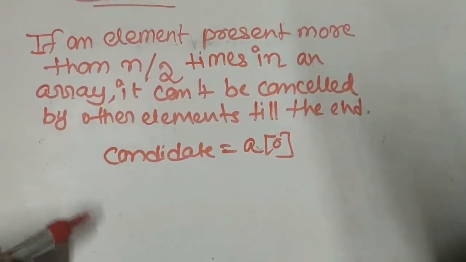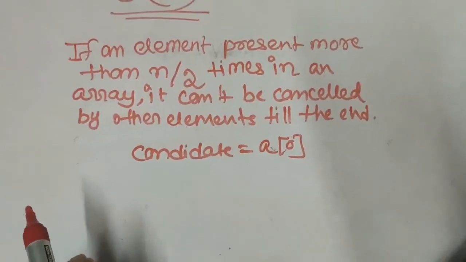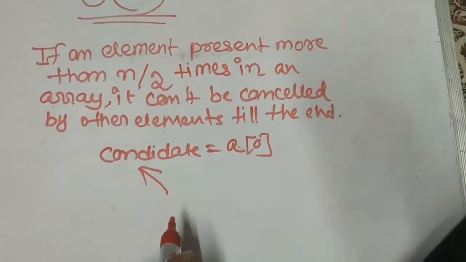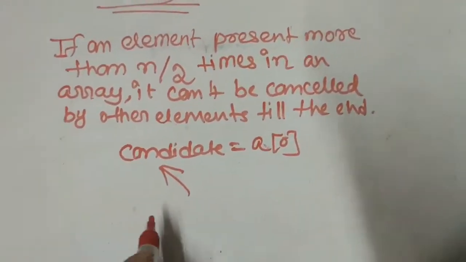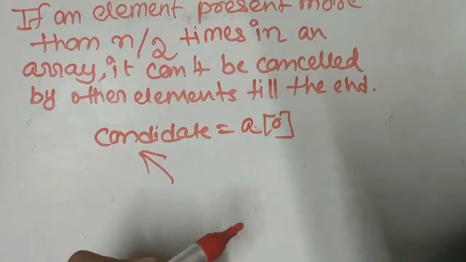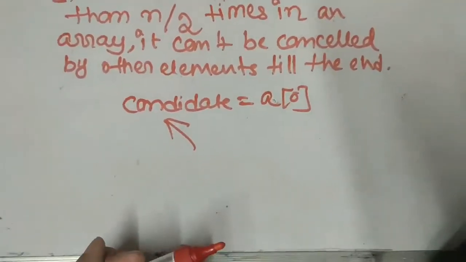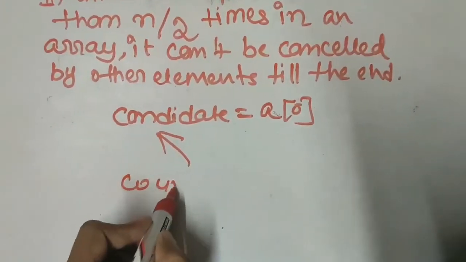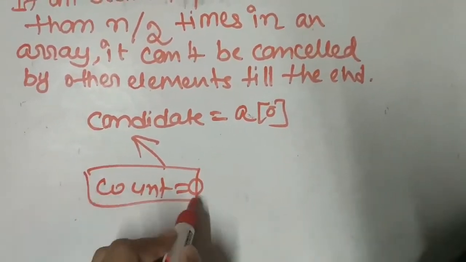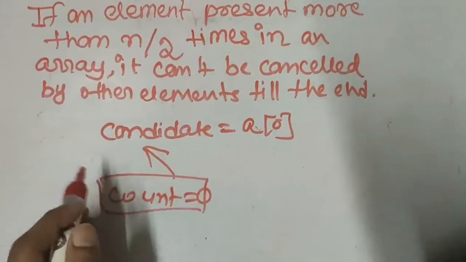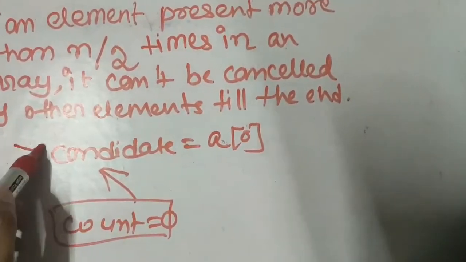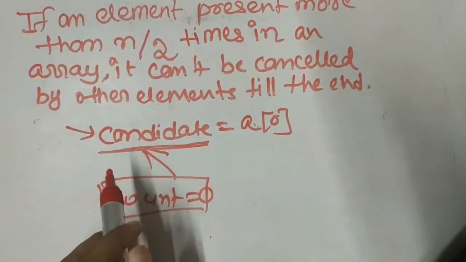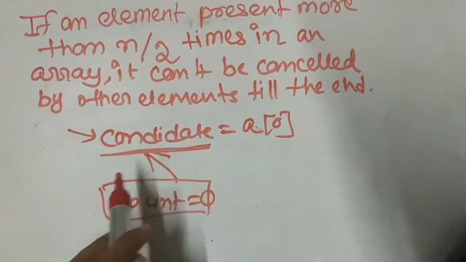Firstly we will iterate through the whole array, and whenever the element present at the current index is equal to this candidate, we will increase the count by 1, and if it is not equal to the current candidate, we will decrease the count by 1. At any point if the count is 0, we will change the candidate. Means if count reaches 0, we can understand that the current candidate is not a majority element, because for being a majority element its count basically should be greater than n by 2.